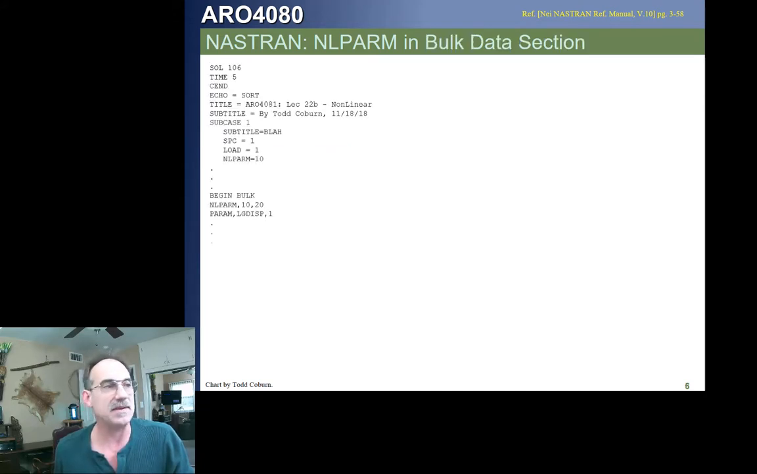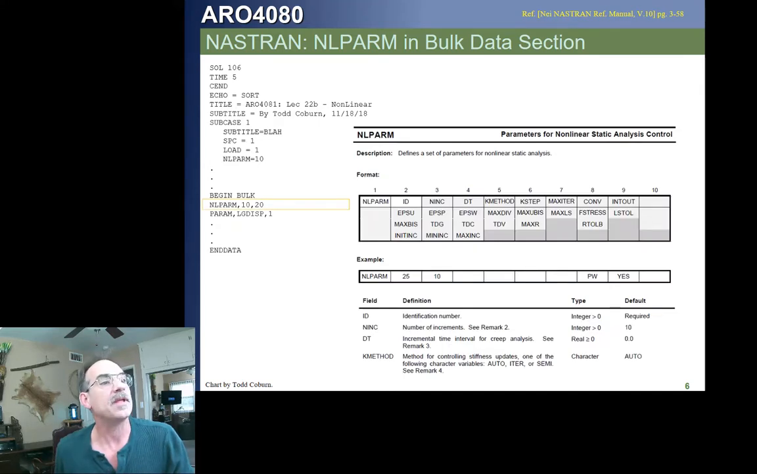And then we get to the meat and potatoes where we have our NLPARM card. The NLPARM card does a number of things. We've got the name of it, we've got the ID, and then you'll notice the number of increments. This is telling NASTRAN how many increments it's going to use. So the way it works is, remember,